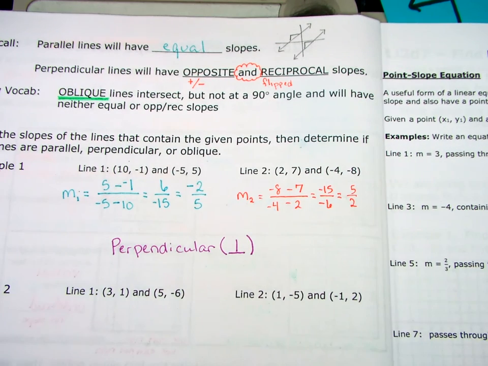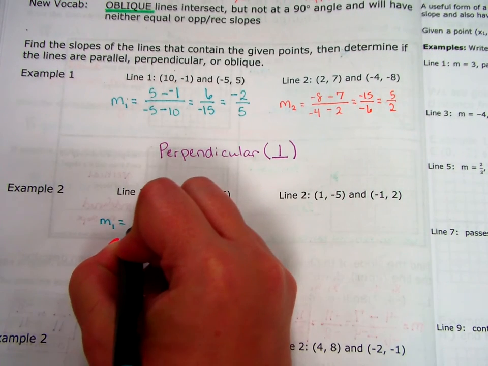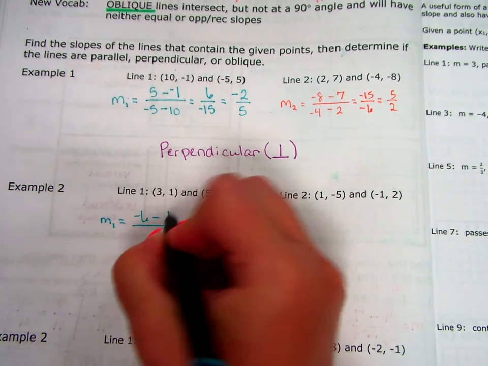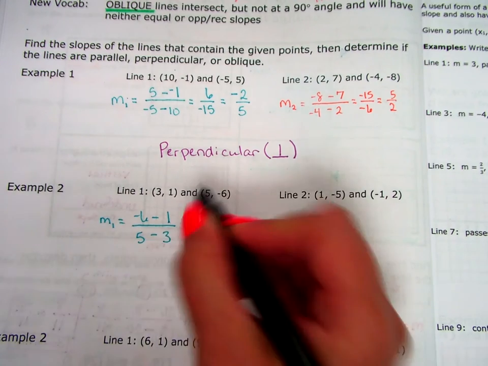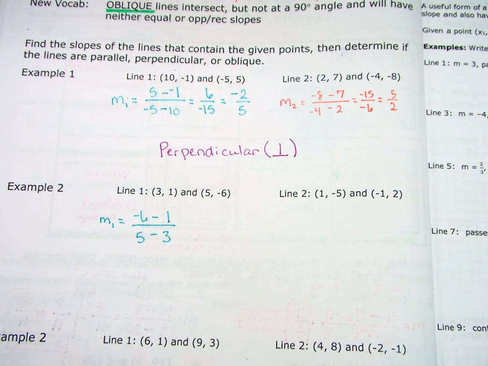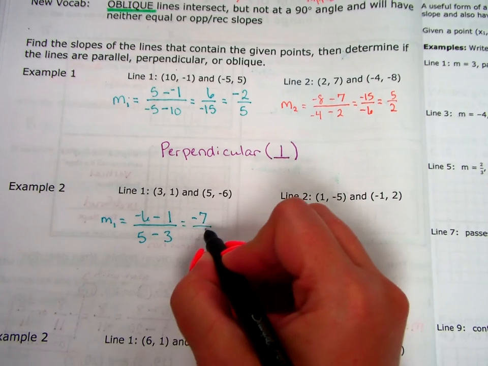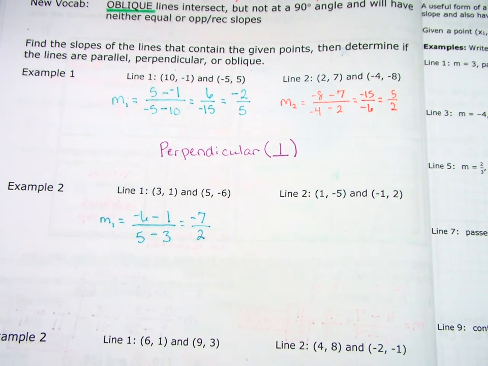Okay, let's look at the second one. Slope 1 equals, what's going to go in my numerator? Negative 6 and 1. What goes in my denominator? 5 and 3. What's negative 6 minus 1? Negative 7. 5 minus 3? 2. Does that reduce? No, so that is what it is, right? All right, the next one,